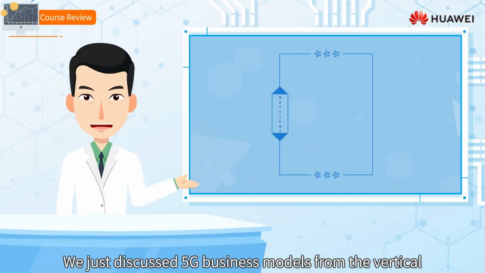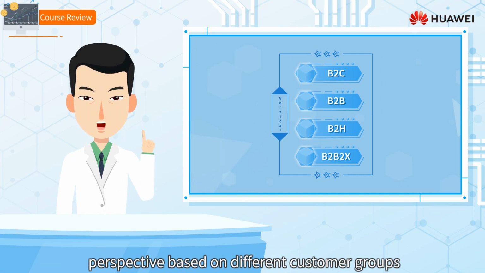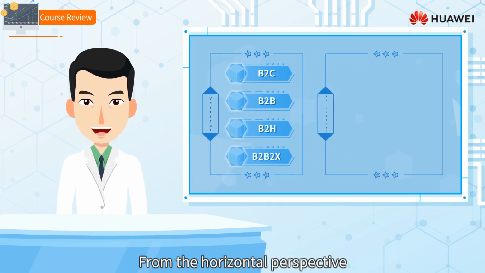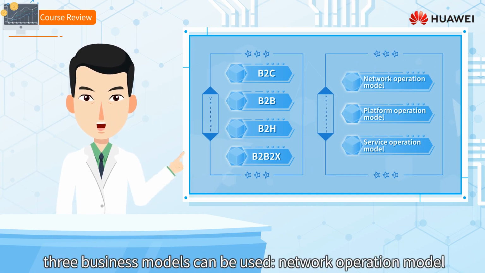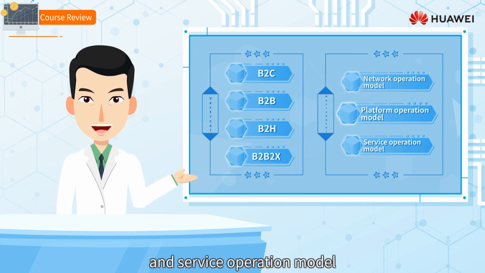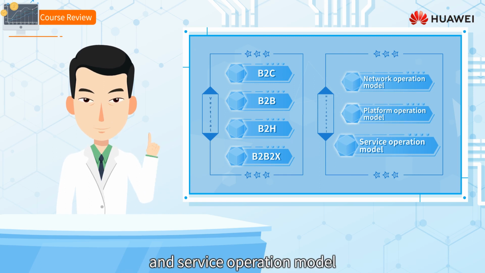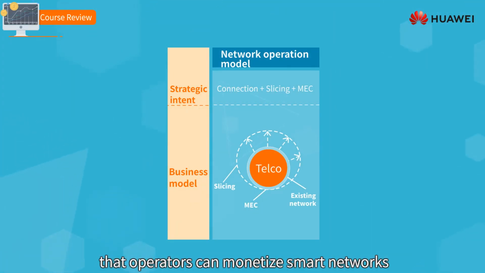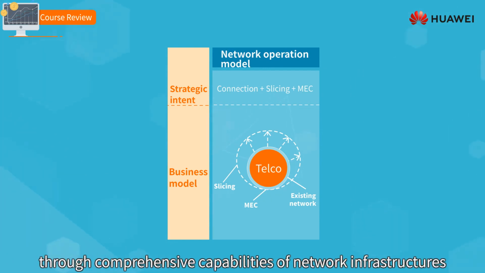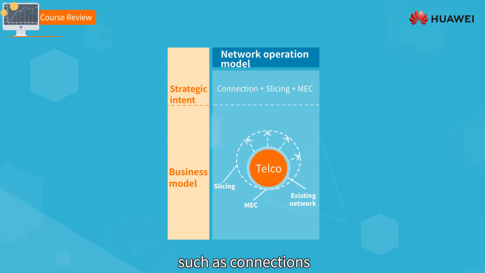We just discussed the 5G business model from the vertical perspective based on different customer groups. From the horizontal perspective, no matter which customer group, 3 business models can be used: network operation model, platform operation model, and service operation model. The network operation model means that operators can monetize smart networks through comprehensive capabilities of network infrastructure such as connections,